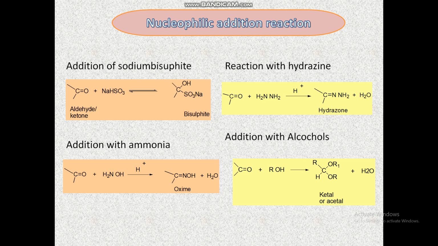Further, the acetals and ketals are very stable to bases and get easily hydrolyzed on reaction with acids to form aldehydes or ketones. The formation of acetals or ketals is useful for protecting a carbonyl group from a particular reaction. They are converted back to the original aldehyde or ketone on reaction with acid. So acetals are used as a protecting group.